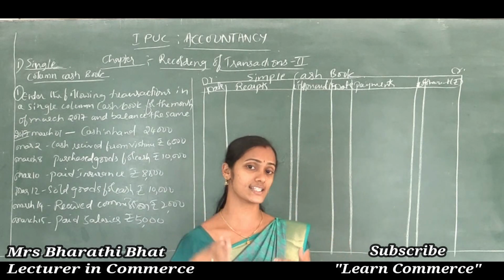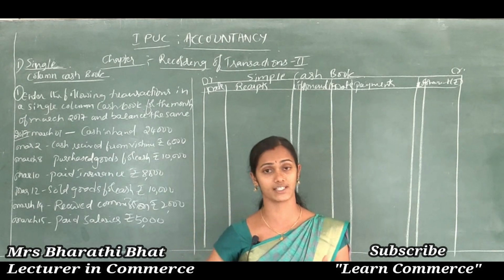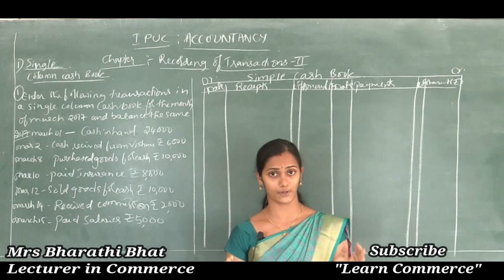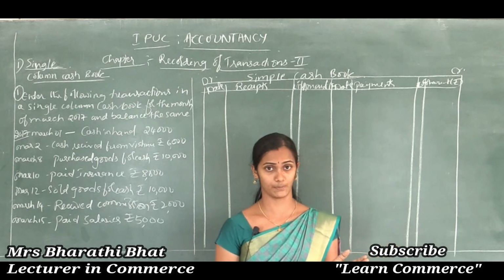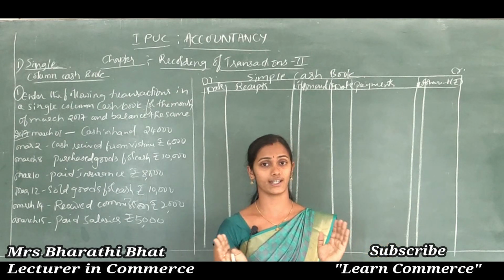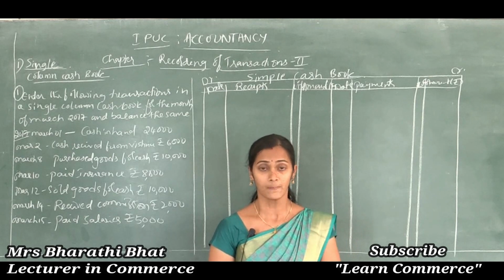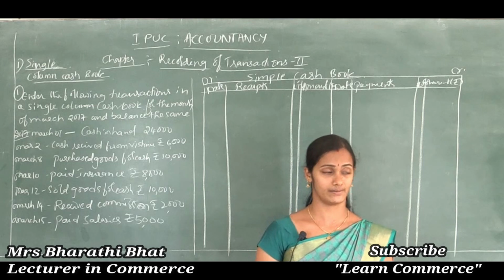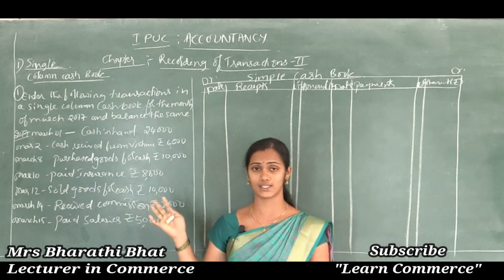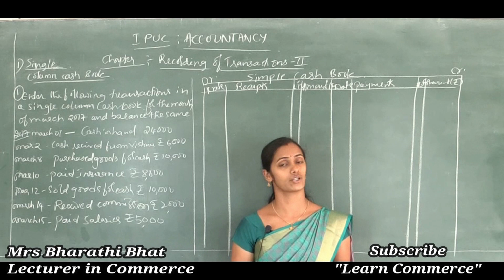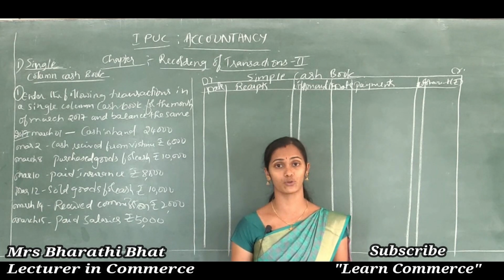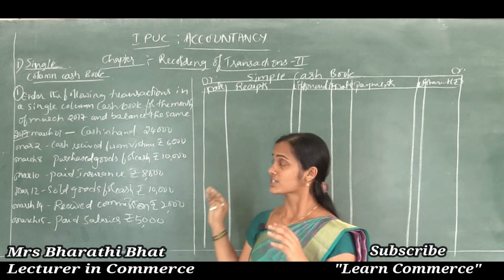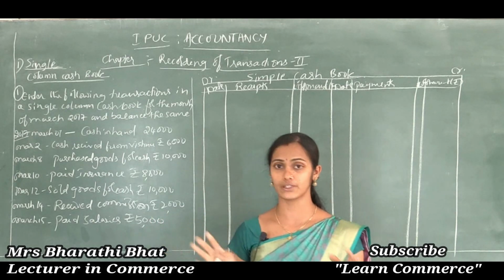If the organization is running its activities on a larger scale, then that type of organization needs to prepare separate subsidiary books for accurate and systematic records of transactions. They need to maintain separate individual subsidiary books. Those subsidiary books include the simple column cash book, double column cash book, cash book, sales book, purchase book, like that. Okay, let's solve the sum related to simple column cash book.